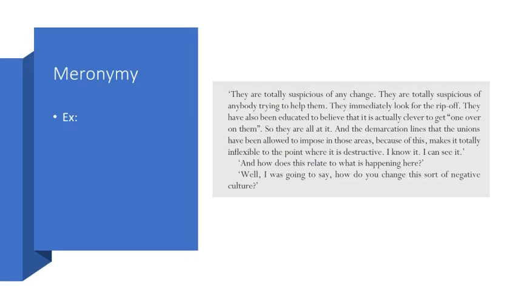meronymy. Now read the example above. Notice in particular the semantic relation which is set up between negative culture and being totally suspicious of change. Looking for the ripoff. Trying to get one over on them. Demarcation lines. Inflexible and destructive. We can see this as the texturing of a semantic relation of meronymy, that is, a relation